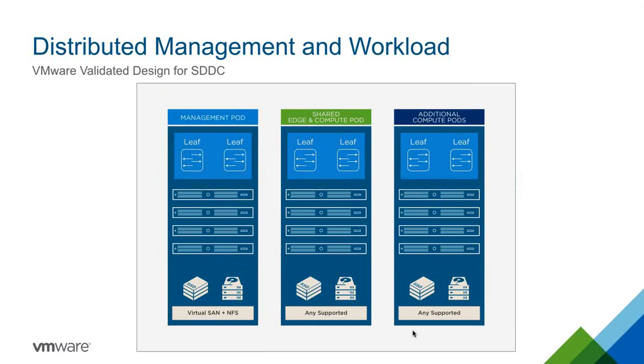Now in the middle here, you'll see what we call the shared edge and compute pod. This was an introduction I believe we did in our 3.0 release. Yeah. We went from having this 3-pod architecture to what we call a 2-pod architecture. We heard back from our field, our customers, our community, and partners that the design in 2.0 is great with a 3-pod, management, edge, and compute being separated, but customers wanted a smaller footprint to get started. When you had to have 12 nodes for a single region to get started, 24 for a dual region, it became a little